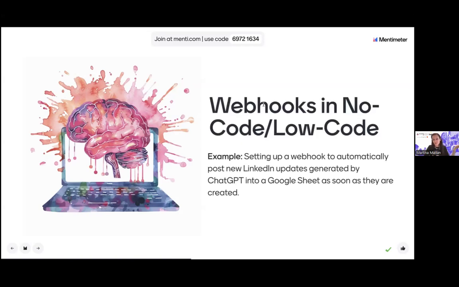So what would be an example? What came to my mind was setting up a webhook to automatically post new LinkedIn updates generated by ChatGPT into Google Sheets the moment they are created. So for example, it's like having a sort of automated content calendar, right? You don't have to remember, or set up an alarm, or, if you want to invest some money, use a platform like